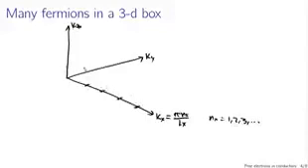Likewise, I have a set of allowed values for ky, and a set of allowed values for kz. And it's going to be hard for me to draw this out in 3 dimensions, but think about the allowed values,